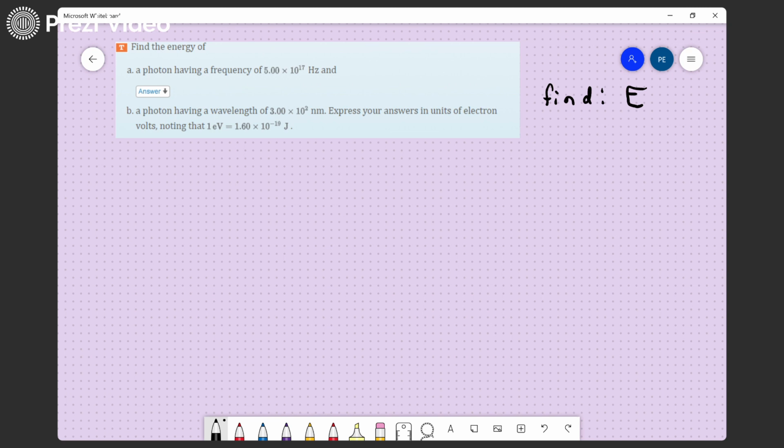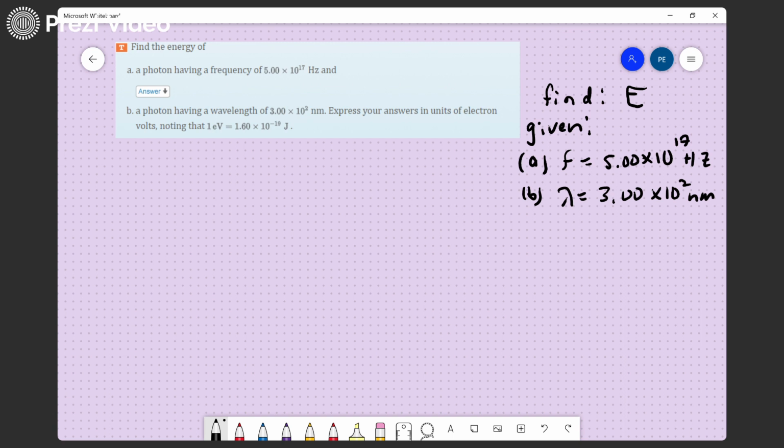But we know that in A, we're given the frequency, which is equal to 5 times 10 to the 17 hertz. And then in part B, we are given the wavelength lambda is equal to 300 nanometers. Okay, so now we want to find the energy. So for part A,